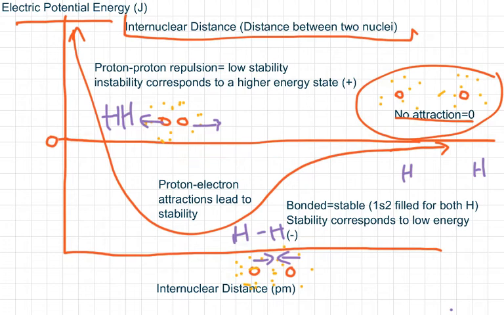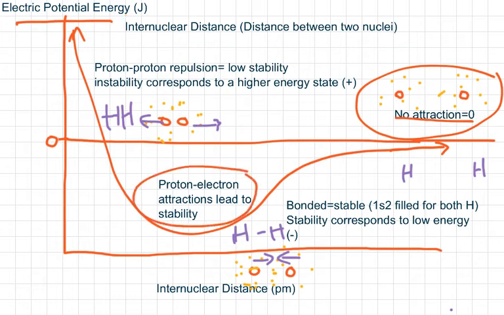So, as you move toward the left, where the internuclear distance is decreasing, then you get proton-electron attractions, and when 2 atoms are getting closer, their electrons will naturally be attracted to maybe that proton in